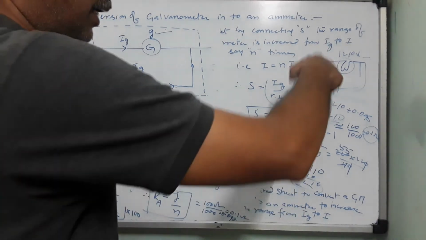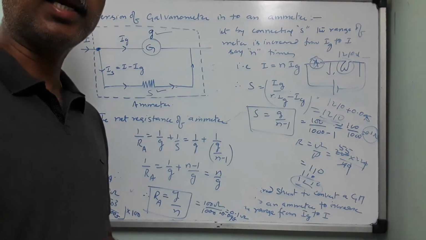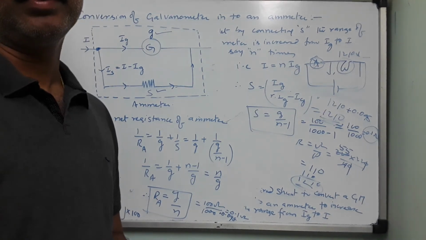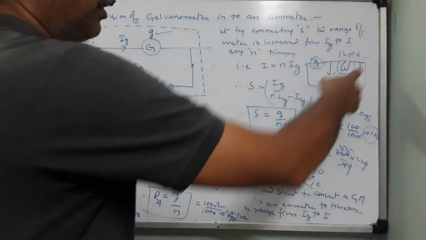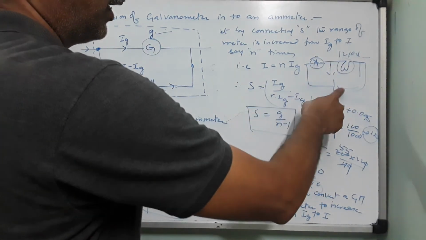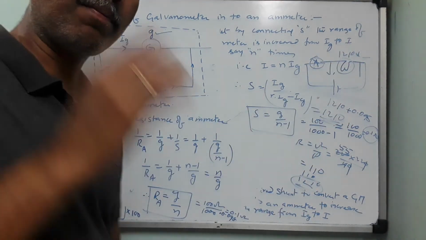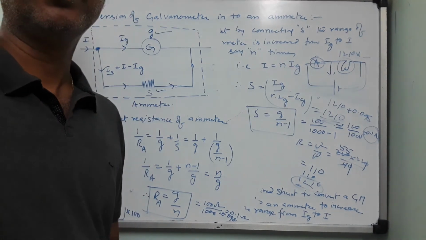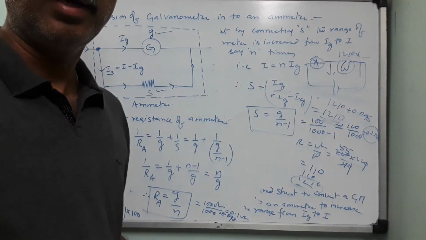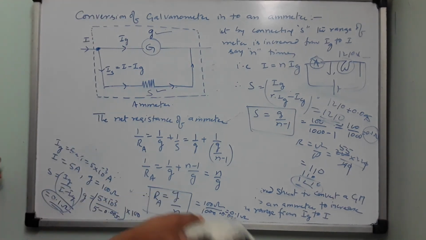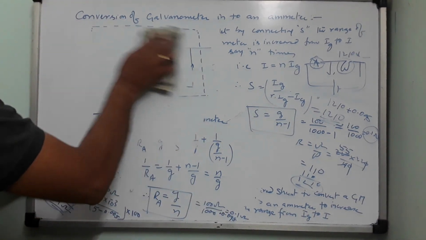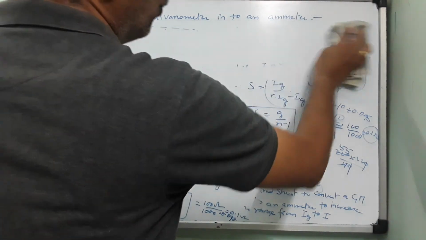So the net resistance is not going to be altered when the ammeter is connected in series. But when it is connected in parallel, the entire current will flow through the ammeter, and it is also going to affect the net resistance a lot. The net of these two, if it is here, will be less than 0.098 ohm again. Am I clear? So why the ammeter should be connected in series, this is the reason. Fine? Okay. Now we will go to conversion of galvanometer into voltmeter.